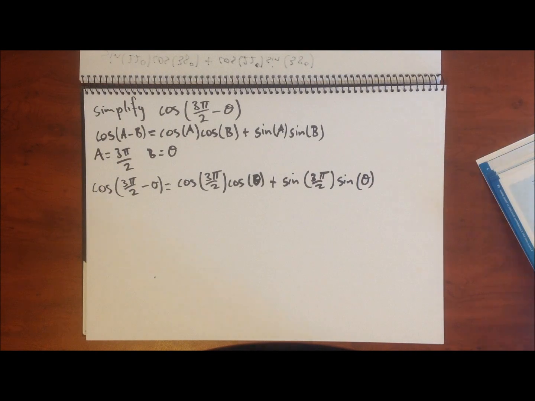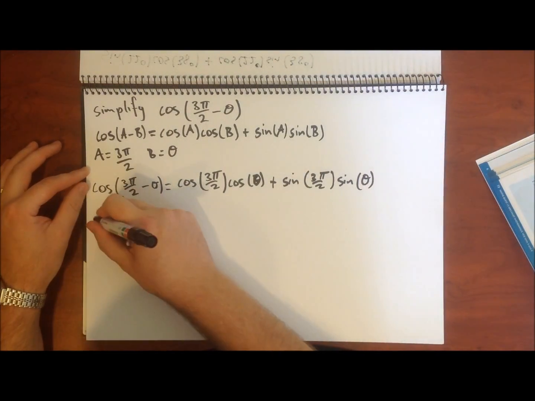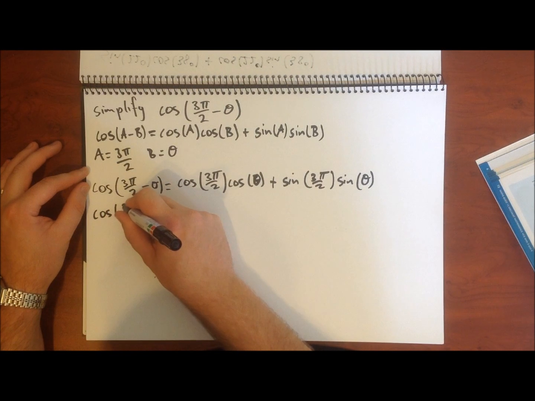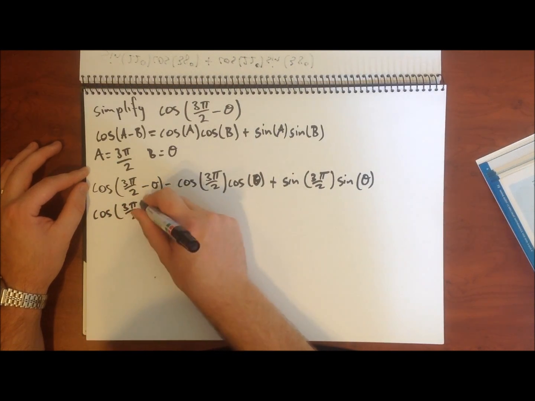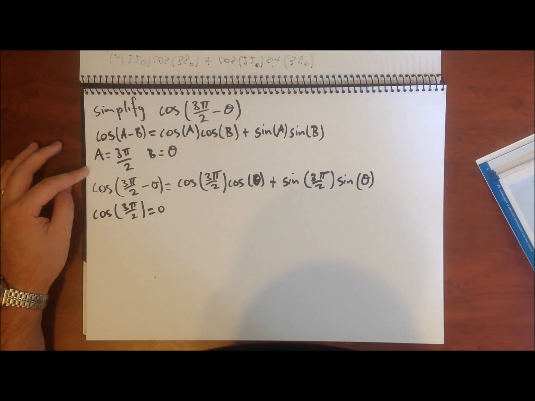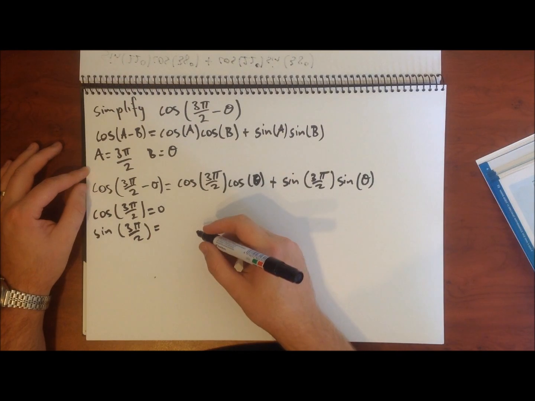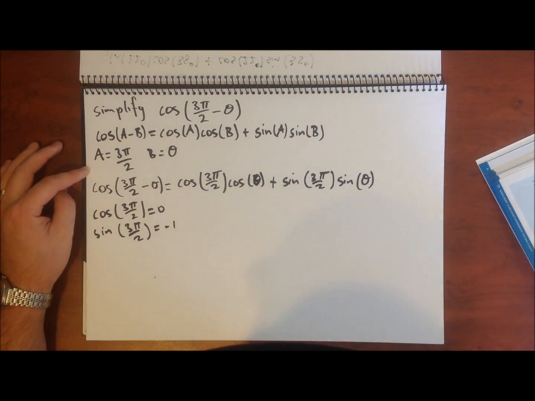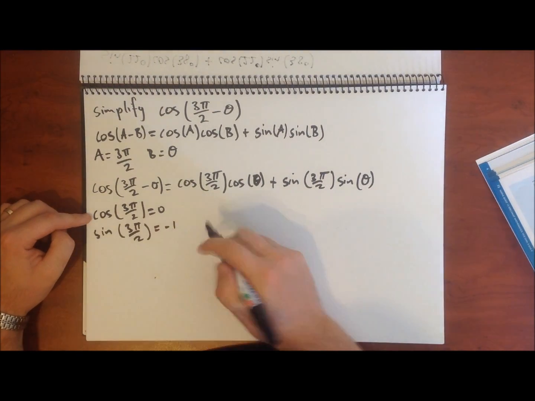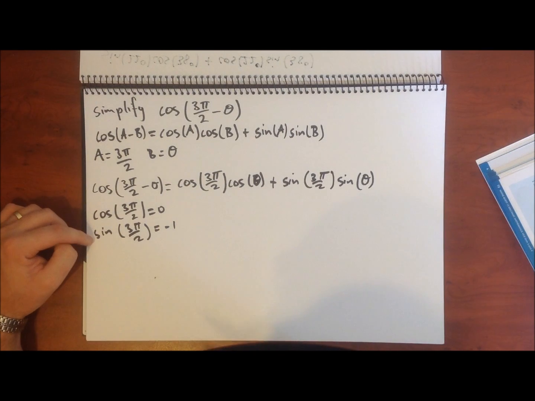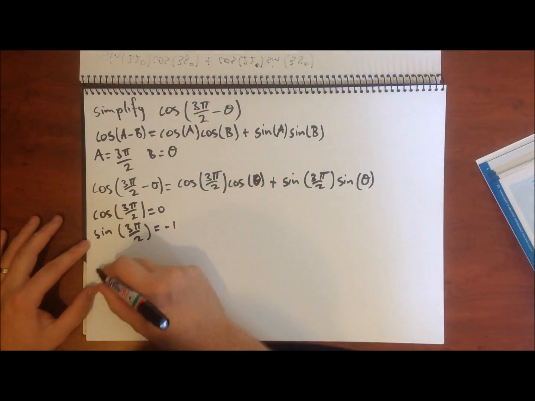Okay, and we know some exact values. We know that cos of 3 pi on 2 is equal to 0, and that sine 3 pi on 2 equals -1. Okay, so since this part equals 0, this is going to drop out completely, and then we're simply going to get